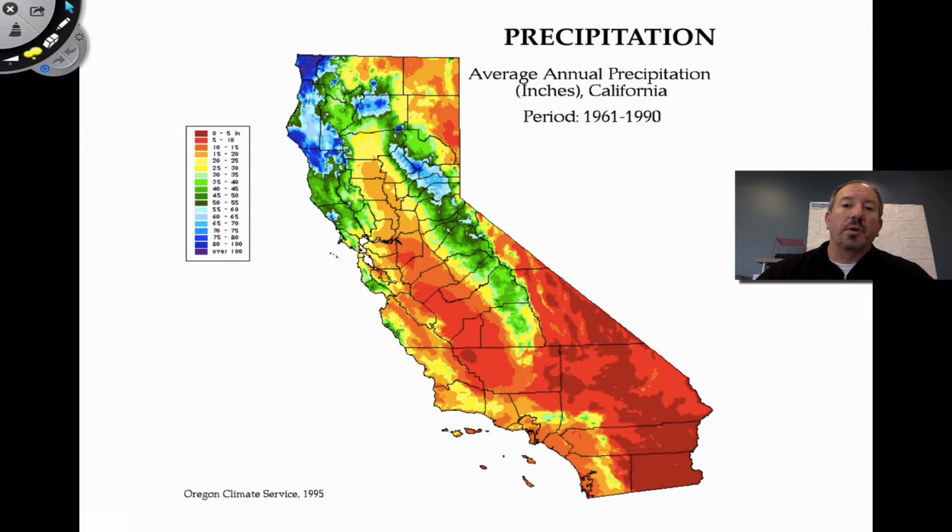One of the main abiotic factors that determines that diversity is not only the mountain range that is along the coast, and of course the Sierra Nevada mountain range, which creates that rain shadow effect, but its proximity to the ocean also plays an important role in the distribution of the forest over here.